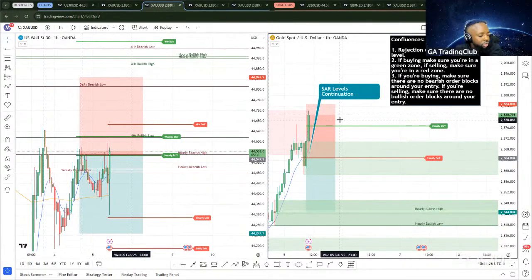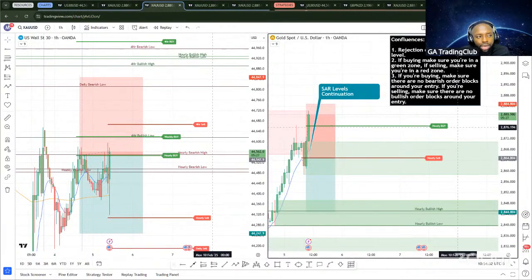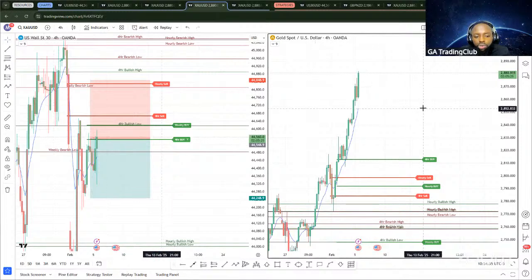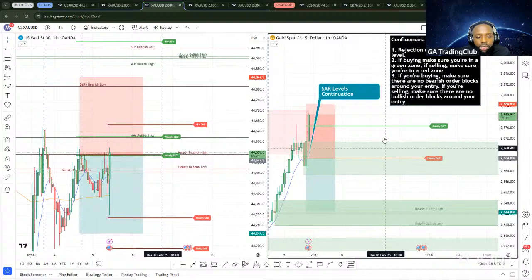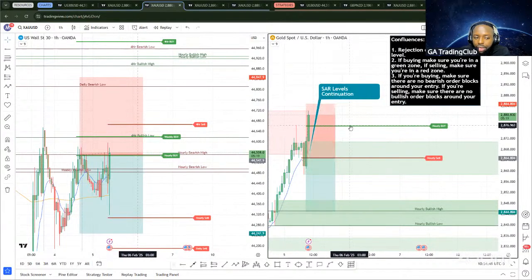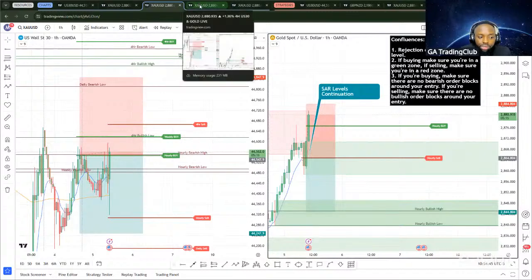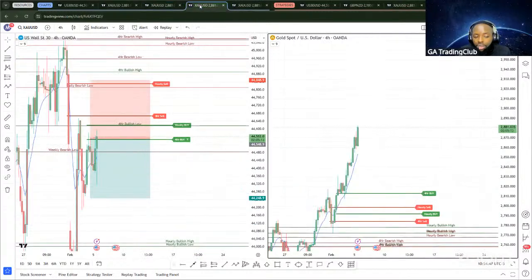If gold closes above this hourly buy, I'm not really looking for any others. And actually, if gold closes above this hourly buy, the next possible rejection I can have on gold for a sell will be on the 4 hour time frame, because this hourly buy will remain there for a couple of hours. So my next best entry for a sell on gold would either be tomorrow or maybe later on today